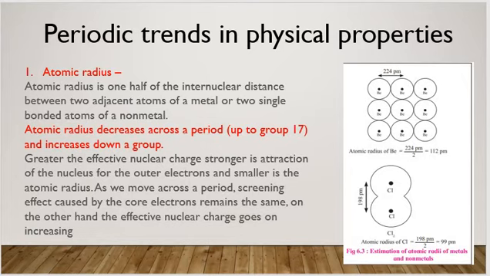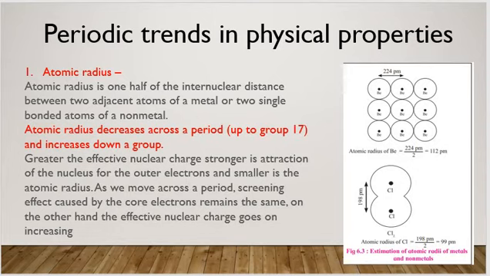In the case of non-metals, except the noble gases, the atoms of an element are bonded with each other via covalent bonds. Let's see the example Cl2. The bond length of a single bond is taken as the sum of the radii of the two single-bonded atoms, and it is called the covalent radius of an atom. If I am taking the atomic radius of Cl, what will I do? I will take the bond length and divide it by 2. I will call this the atomic radius of the chlorine atom.